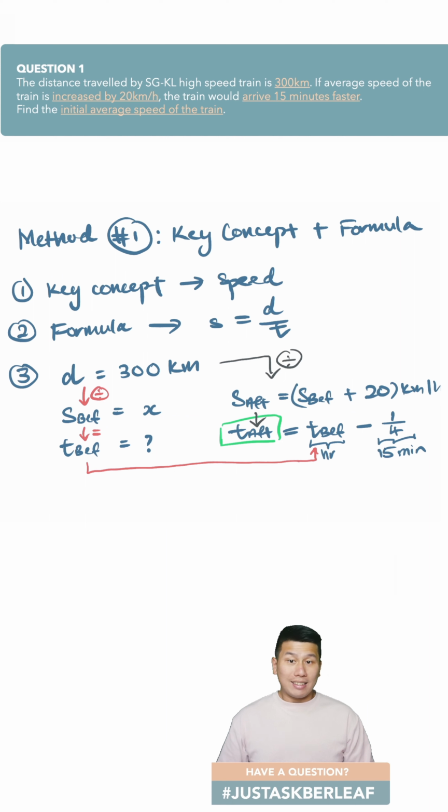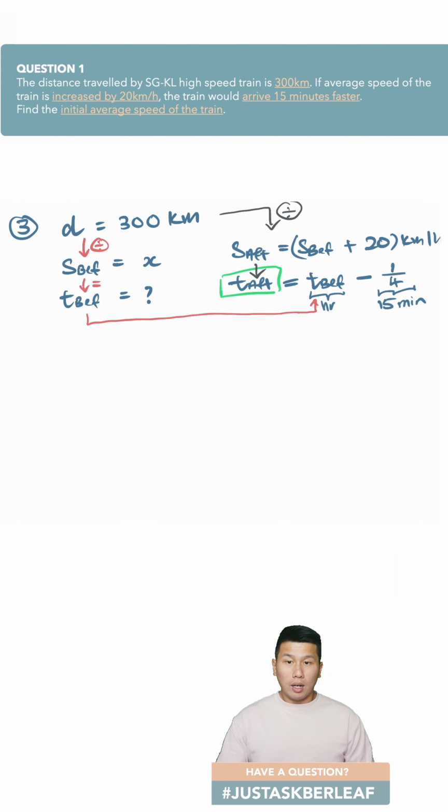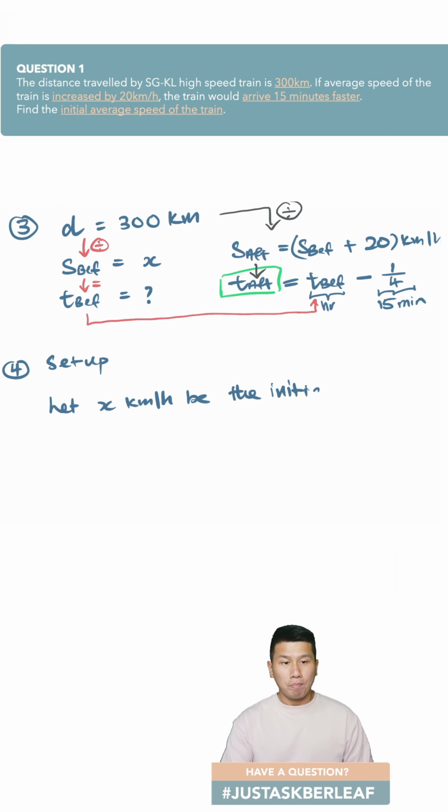Okay, so let's make some space for us to work into the details. Give me a moment. Let's bring this up. Now we will start off with always denoting our unknown. Let me first write down. We are going to do a setup at the moment. So we will start off with denoting our unknown, which in this case will always be the one that we are looking for, and that would be the initial speed in km per hour of the train.